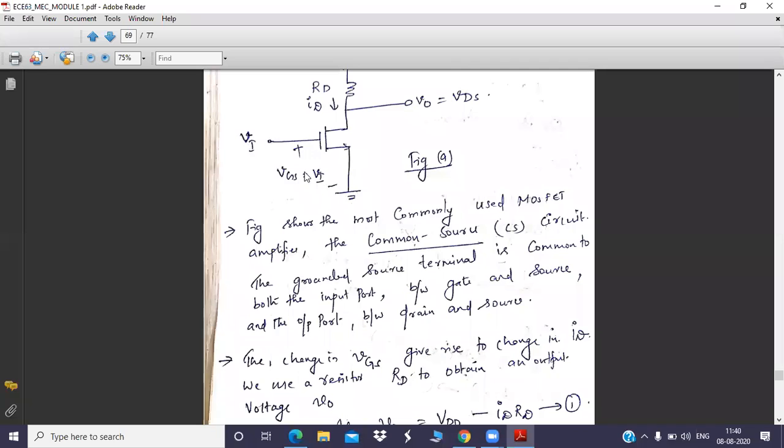So as of now, we can write VGS is equal to Vi, which is nothing but the signal to be amplified. And you are taking the amplified output across the drain. Taking the output terminal across the drain means the reference should be at the source. Being a common source configuration, the reference should be at the source. So this is your output voltage and this will be your input voltage. Clear? Vi is the input voltage to be amplified and Vo is the output voltage, which is an amplified version of the input Vi.